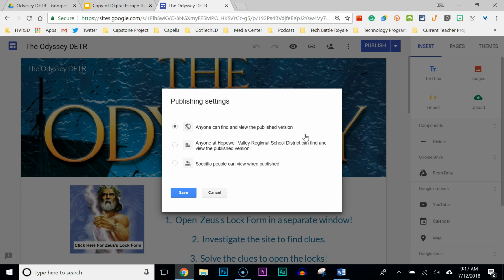word link there, and it's going to bring up our publish setting page. And I want to go over these real quick. So if specific people can view when published, that means that you have to share the link with them. You have to share this directly with them. Some people like this option because it keeps it contained and it keeps it from going to anywhere other than